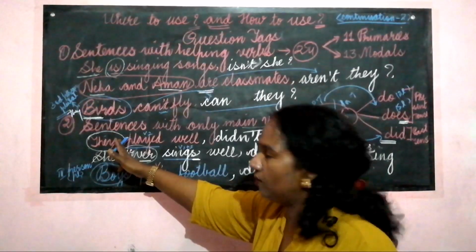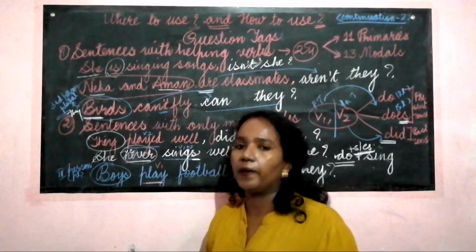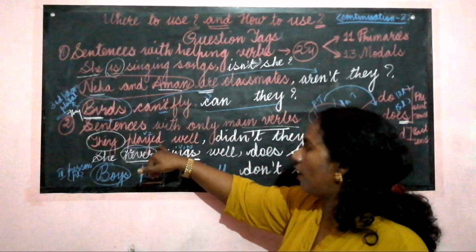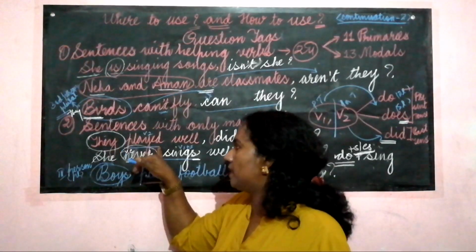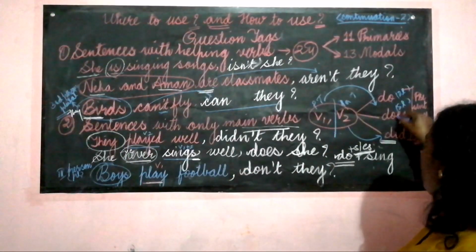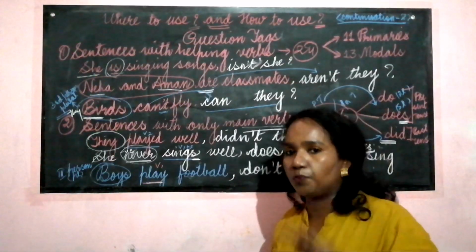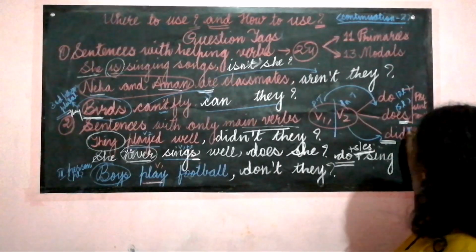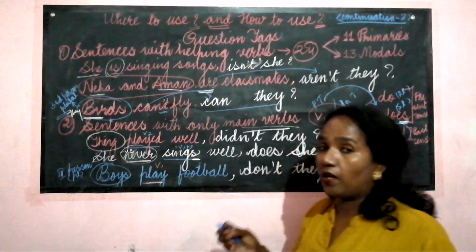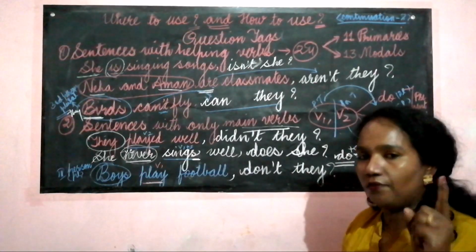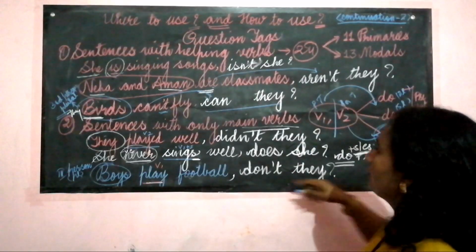They played well. They is already a pronoun. Played means play, played, played. Played is the second form, so we cannot use do or does. We have to take did. For both singulars as well as plurals, in the past tense we have only one helping verb, that is did. So you needn't worry about whether to use do or does. We have one single one in the past tense, so use did.